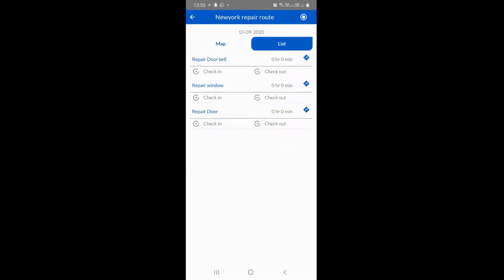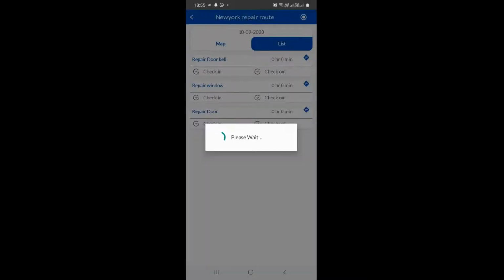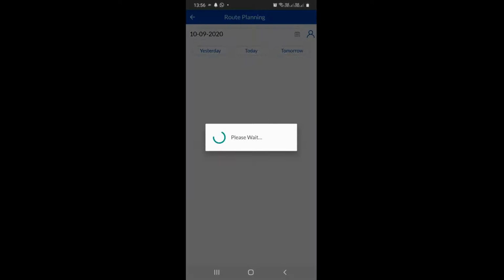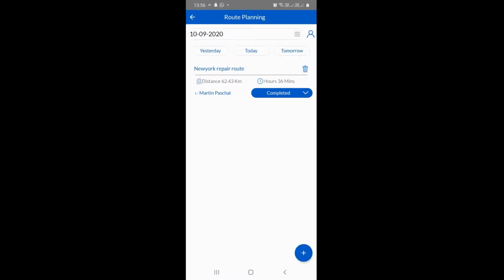Once Martin reaches that location, he simply clicks on check-in. Once he clicks on check-in, it will display the time when he made the check-in, and once he finishes his task, he has to simply click on checkout. So when he clicks on checkout, the system will track the check-in time and checkout time. And if I go back to the task,